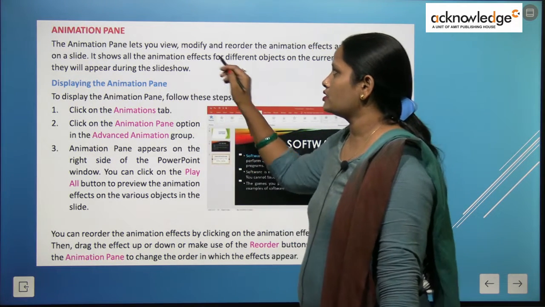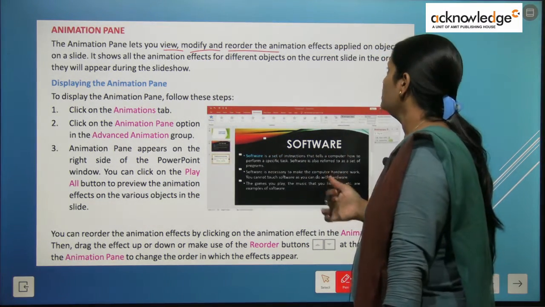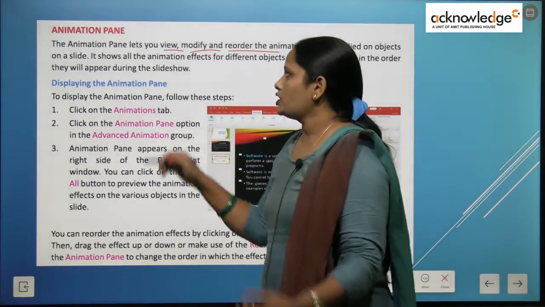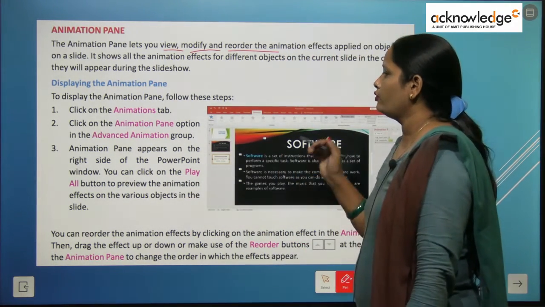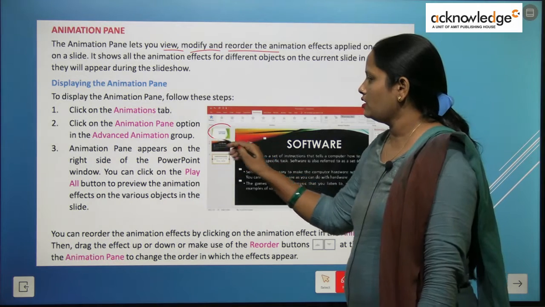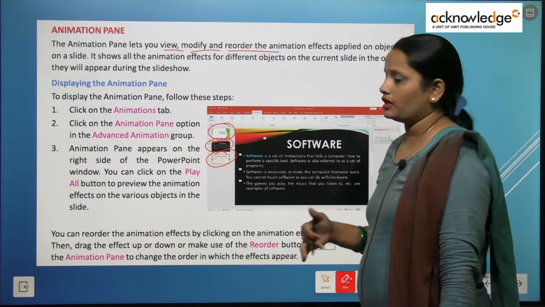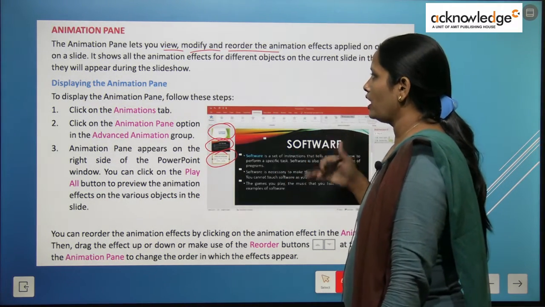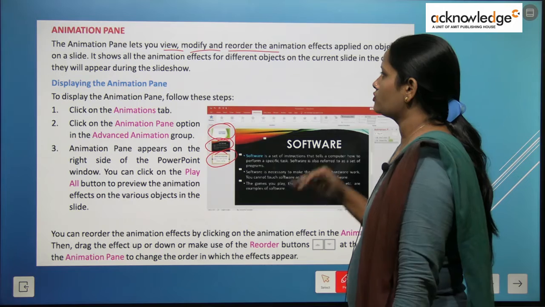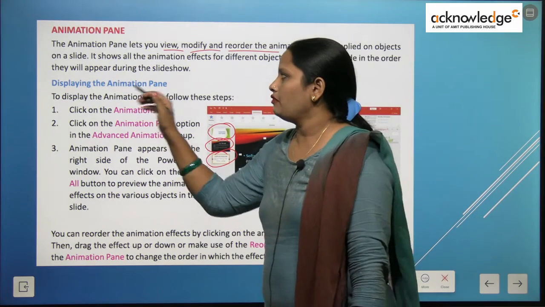This lets us view, modify and reorder the animations that we have. It shows all the animation effects for different objects. Here we can see there are different animation effects applied on different slides. So it shows all the animation effects for different objects on the current slide in the order they will appear